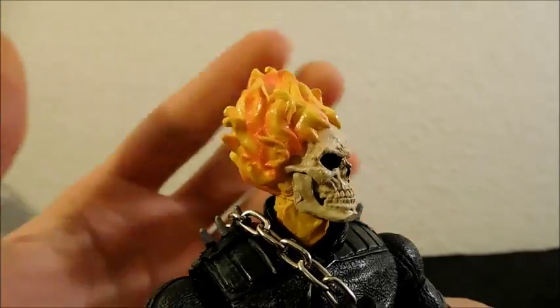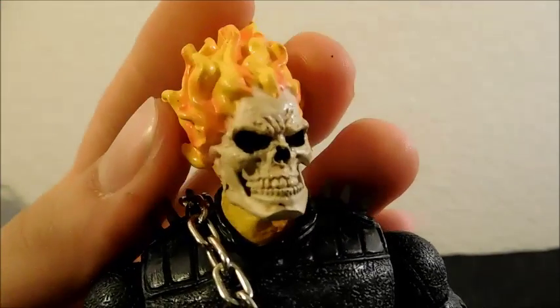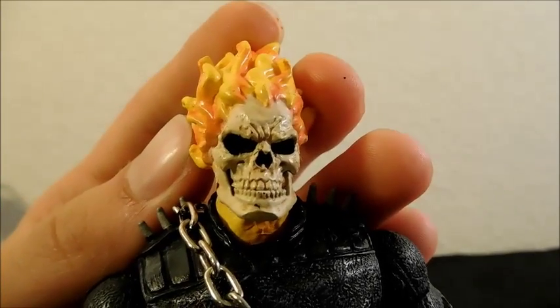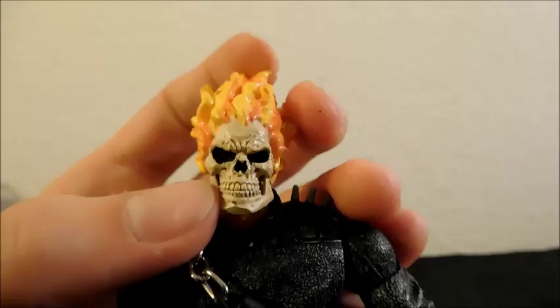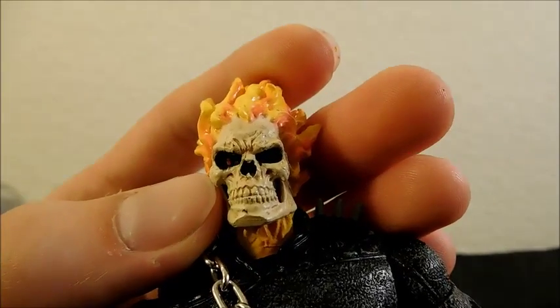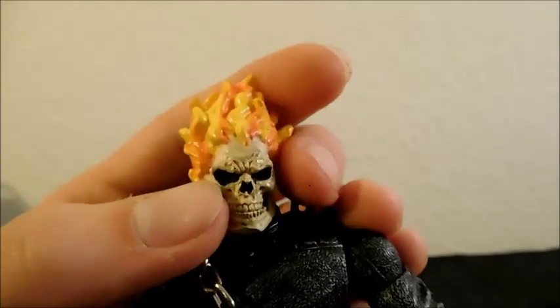But the sculpt of it does look nice. It has a flamey effect to it, and the skull part looks really good. I like the way it's painted too. It looks kind of gross, to be honest. It has some rotted looks to it. And then inside there you can see his red eyes. I think that's a nice touch, having these big, dark, black,